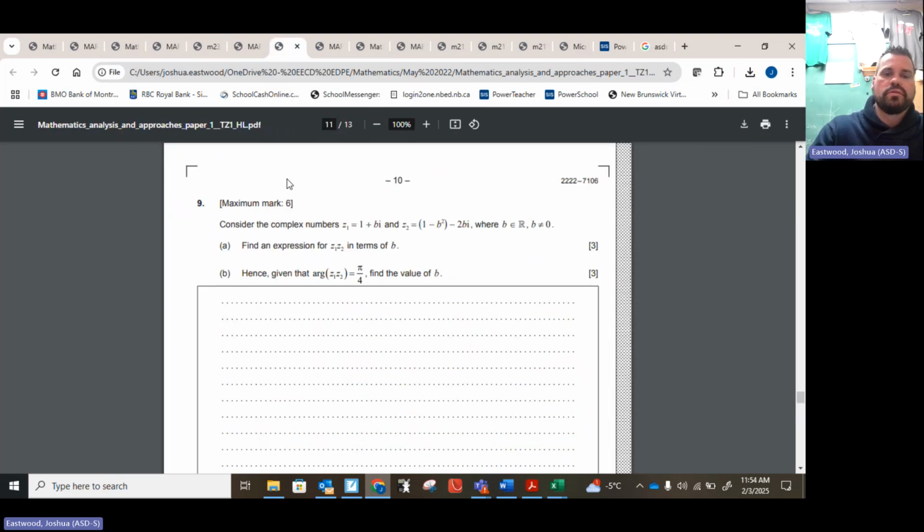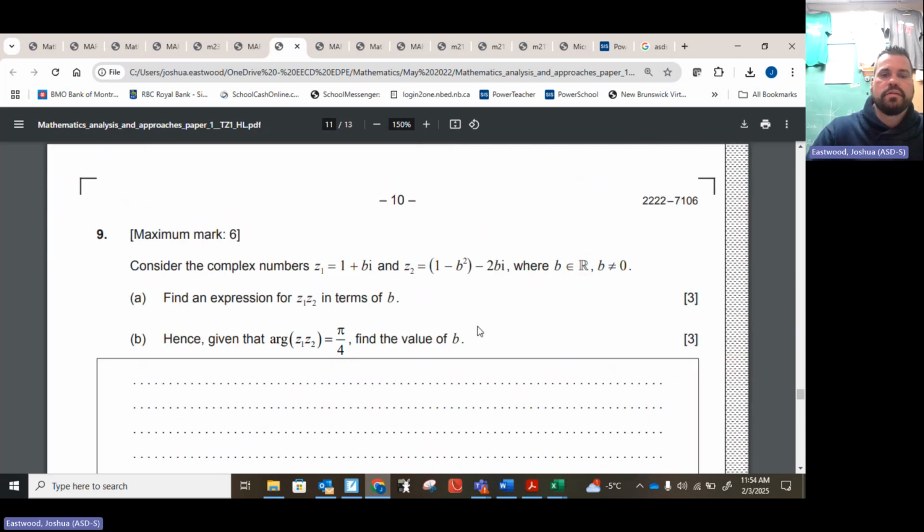Okay, so here's another question. This one is a little bit different because this does not have things in polar coordinates right now. It says the complex numbers are 1 plus bi and 1 minus b squared minus 2bi. So I don't have them in polar coordinates, and I'm probably not going to right now. When it says to find the expression for z1 z2 in terms of b, I'm just going to multiply them together. So this is slightly different, but